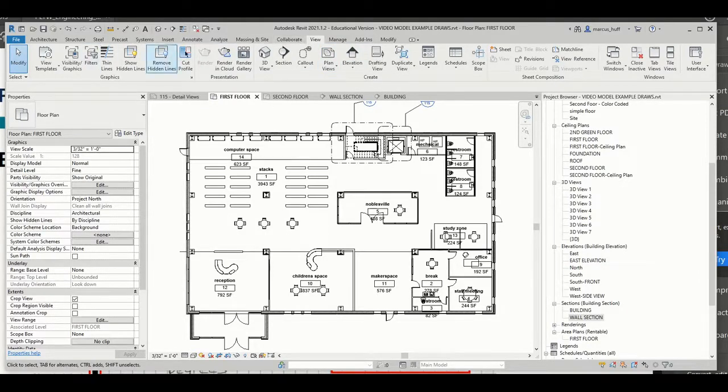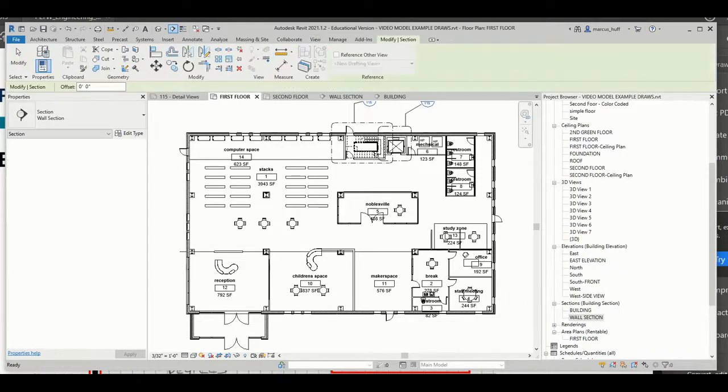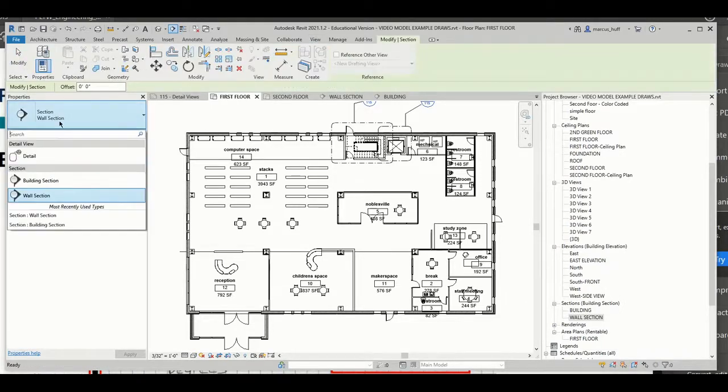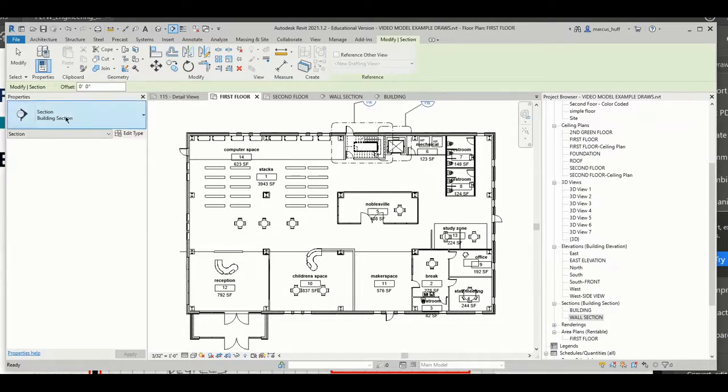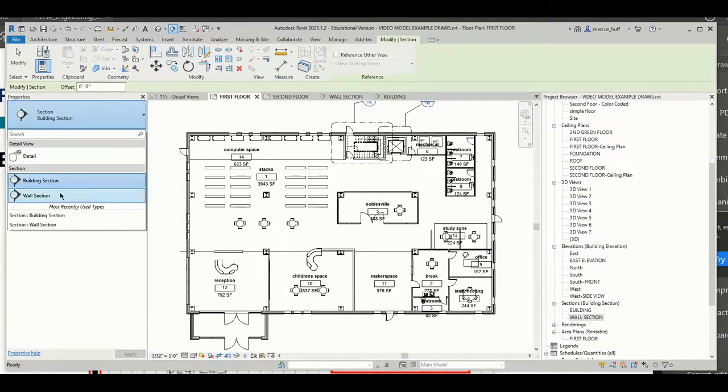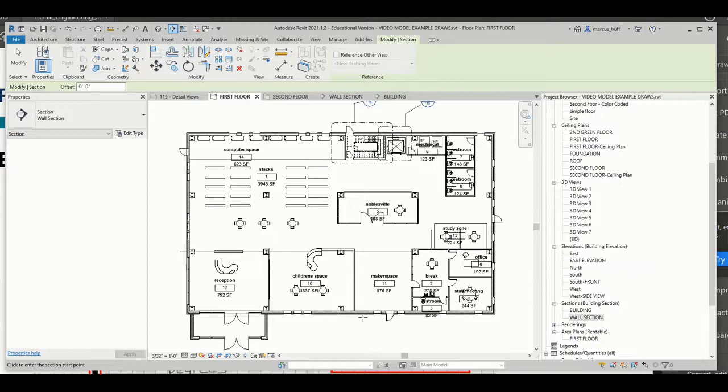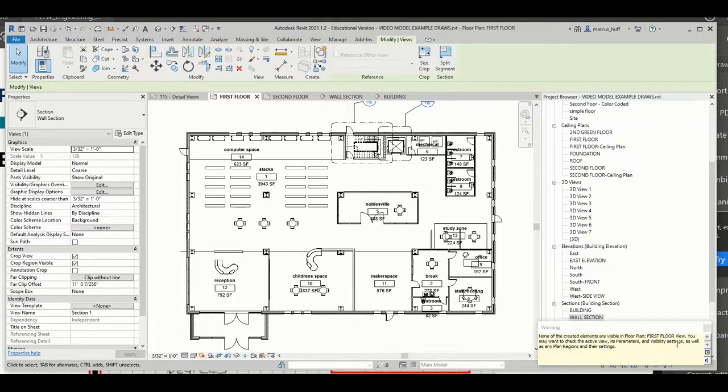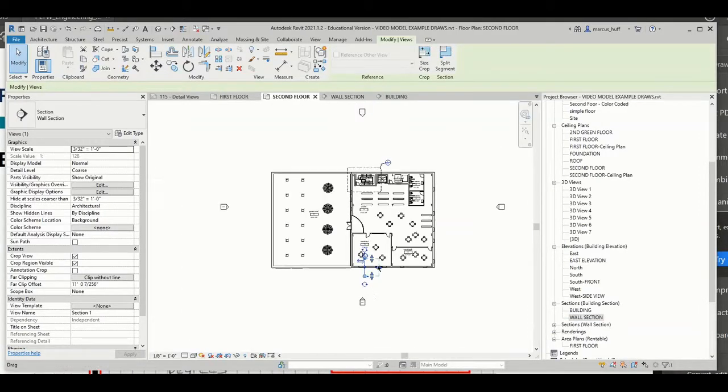So we're going to go into the View tab, and we're looking for sections. Note that there are two kinds of sections. We have a wall section, and we also have a building section. So we're going to be using the wall section in this one. All right, so if I draw this, you will see, so I'm just going to click and drag right there, and then it gives me this little error. Hey, this section you made is invisible on the first floor. If you see this error, it means that there's a second floor, and you can see that there is our